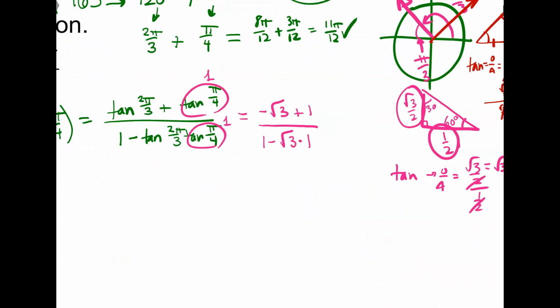All right, perfecto. Okay, so now I gotta simplify this a little bit. Ideally, we want no radicals on the bottom. So if I multiply by 1, it's just the same thing. Maybe that'll help us a little bit. So I have negative root 3 plus 1 on top, 1 minus root 3 on bottom. How could I get rid of the radical on the bottom? But I have 1 minus radical. 1 plus, and we call it, starts with a C. Reciprocal. Close. Multiplying by the